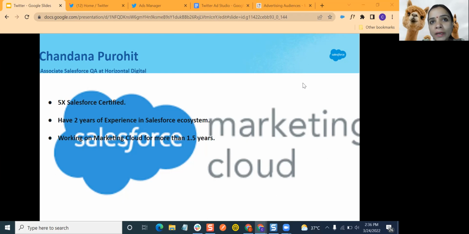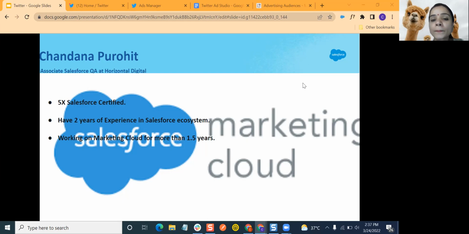If people are using Marketing Cloud, Marketing Cloud does have a lot of data. So what we do is use Advertising Studio there to leverage existing data in Marketing Cloud to run campaigns on Twitter. So the prerequisite is, if you have people or data which belongs to Twitter, and to that data you want to send some advertising campaigns, then we use Advertising Studio under Marketing Cloud to leverage that